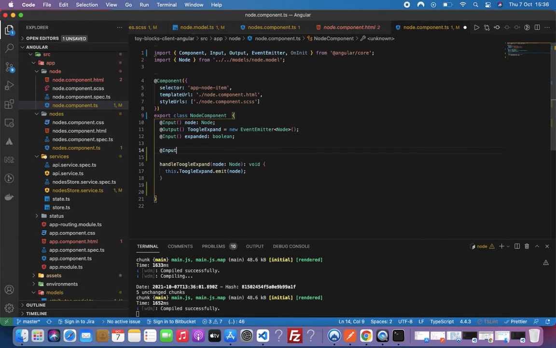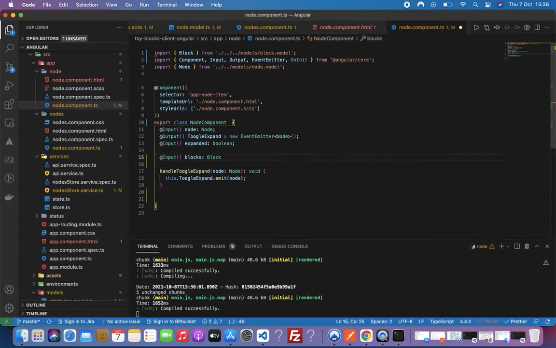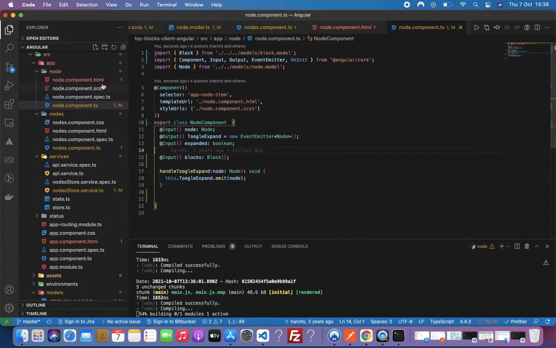This new input is going to be called blocks, and it'll be a block from the model that I have, but in an array of it. I'll be using this array. So save it,